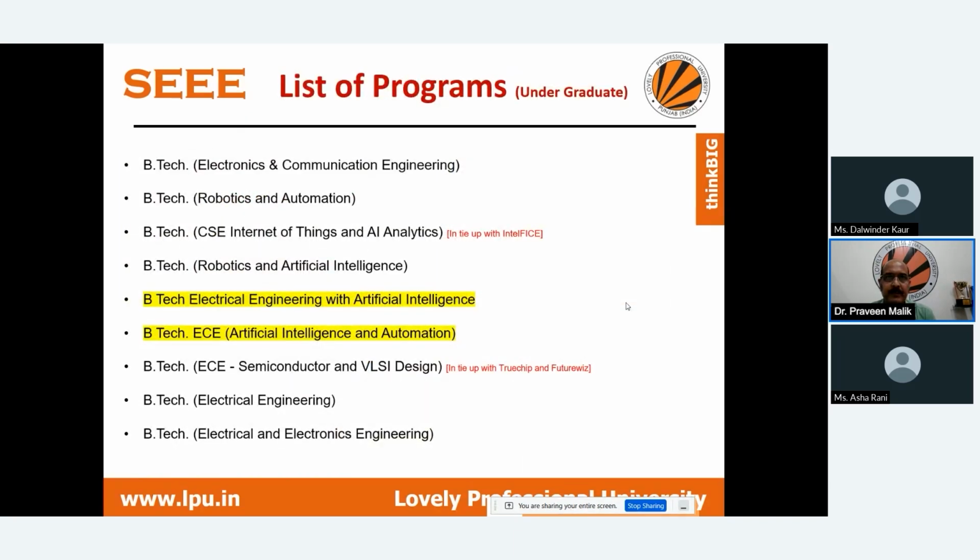Now, under the School of Electronics and Electrical Engineering, these are the list of programs for undergraduate. Initially, we are focusing on the main program, which is our BTech Electronics and Communication Engineering. Then, as the latest trend is in robotics and automation, we are focusing on the BTech in Robotics and Automation. Then we have a tie-up program with Intel, and we run